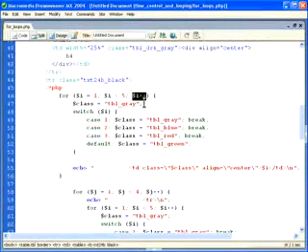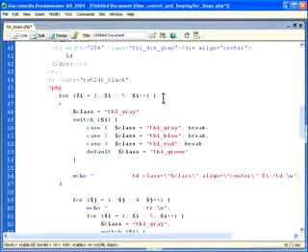It could be $i is equal to $i plus 1. It could also be minus minus, and that would be decrementing things, taking 1 off of $i, going in the other direction. If we did that, then this would be an infinite loop, because then $i would never be greater than 5. We'll talk about that later. But what happens is, $i starts at 1, it's incremented, and then it goes on to the next one. So what we'll do is, we're just going to echo out $i,